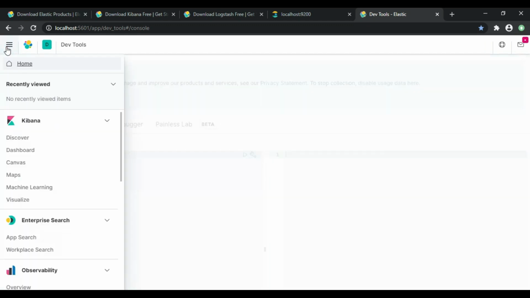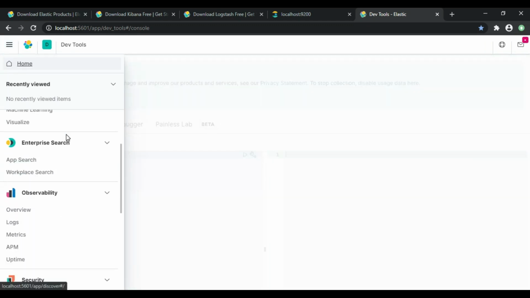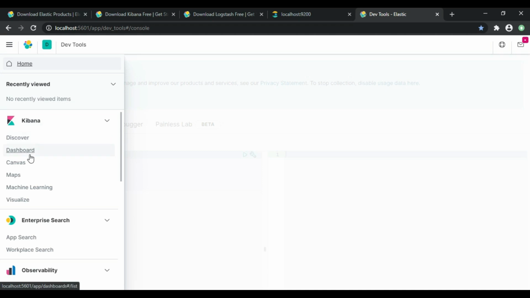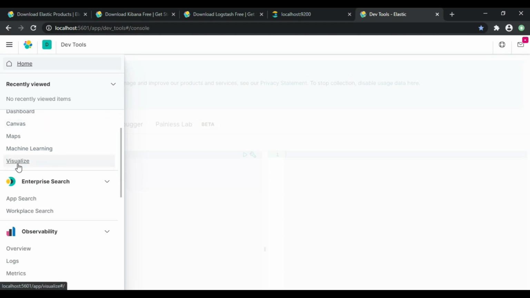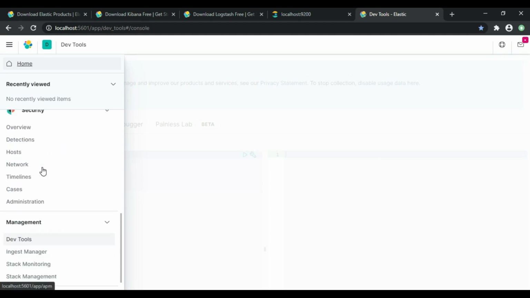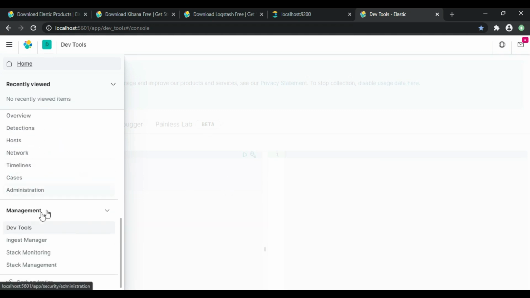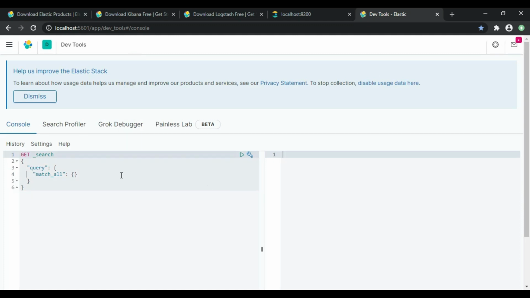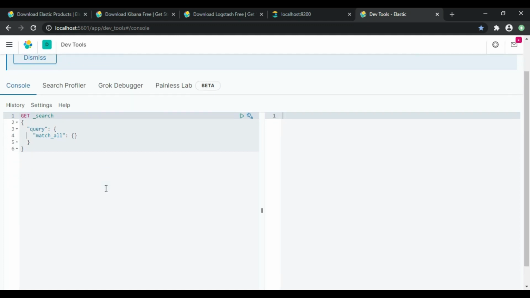Here you can see the options provided by Kibana, like visualizing your Logstash data with Kibana's different options. Mainly, at the database level, here is the Dev Tools console.